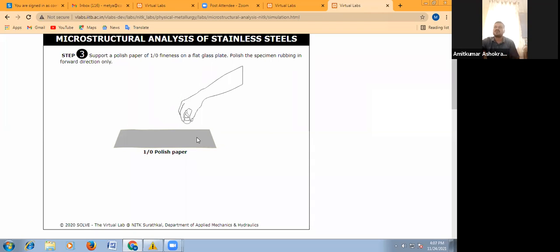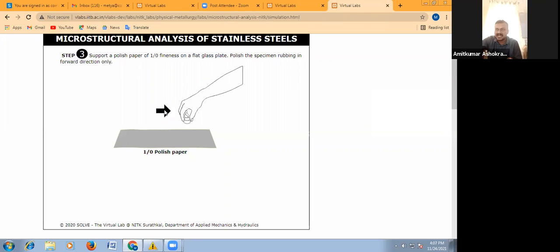In this way polishing will be done. Now one care you have to take here while doing the polishing operation, that polishing paper or abrasive paper must be kept on a flat glass plate so that a flat surface will be there, and polishing can be properly done and a smooth, fine surface will be obtained.